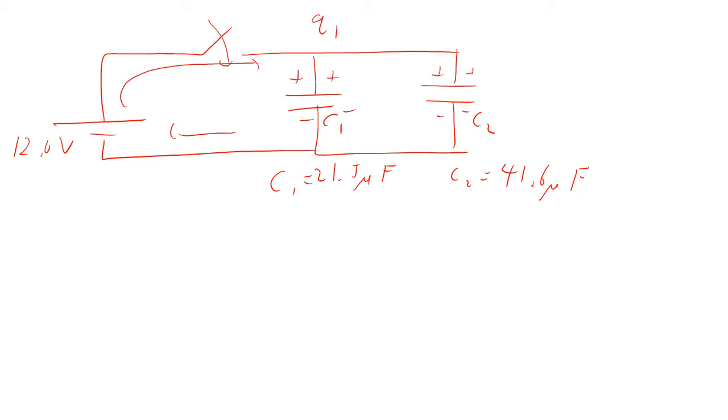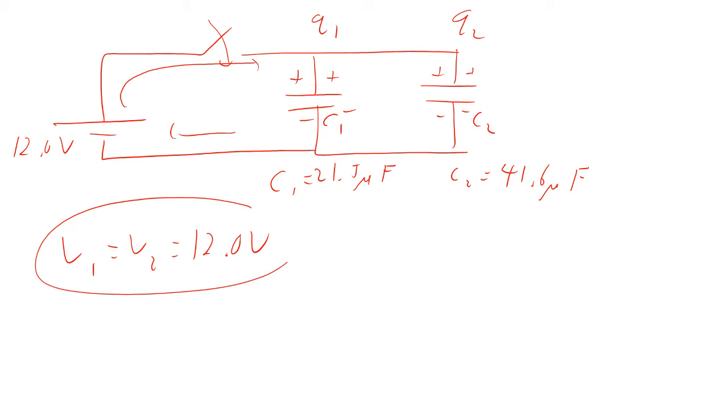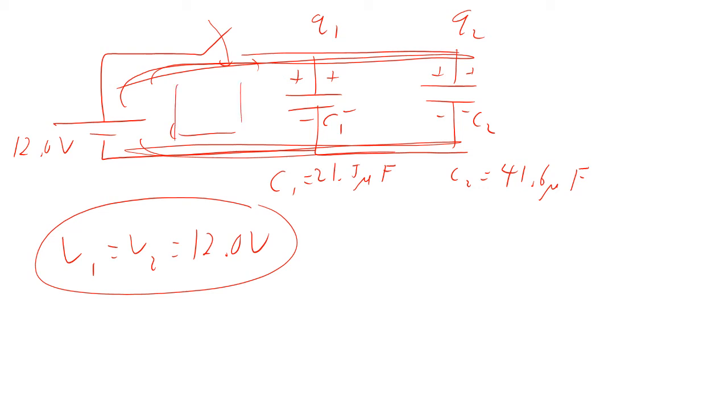So now I close the switch, current flows, and charge distributes here. Okay, so we have a Q1 on that capacitor and a Q2 on C2. So what we know now is that V1 equals V2, that's equal to 12 volts, because this is all one conductor there. Conductors are equipotential, so the difference in voltage here is the same as the difference in voltage everywhere. So now it's easy, because I know that Q